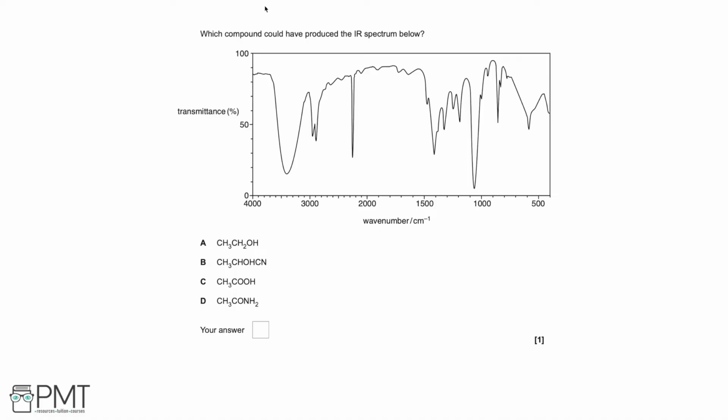In this question, we're asked which compound could have produced the IR spectrum below. So we've been given these 4 organic compounds, and let's start off by drawing them just to make sure that we can identify what functional groups they have. So this first one is ethanol. The second one is a nitrile that has an alcohol in it as well. So we've got 1, 2, 3 carbons. There's a triple bond to the nitrogen on the end. And on this second carbon, we also have an alcohol. For compound C, we've got ethanoic acid. And for compound D, we have an amide,